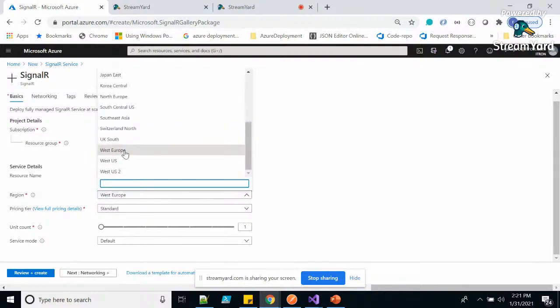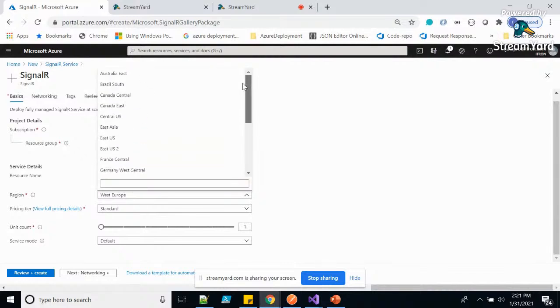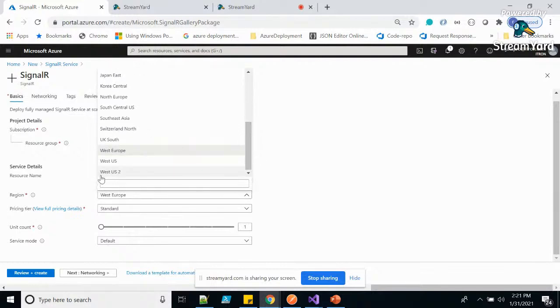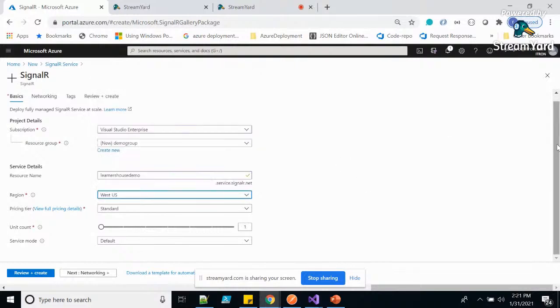I would like to put it in West Europe, or any location wherever you want to deploy your application, wherever you have your customer base. Based on that, we need to create the resource, which helps us not to have latency. So let us put it in East US or West US, wherever, assuming that I want to deploy my application in